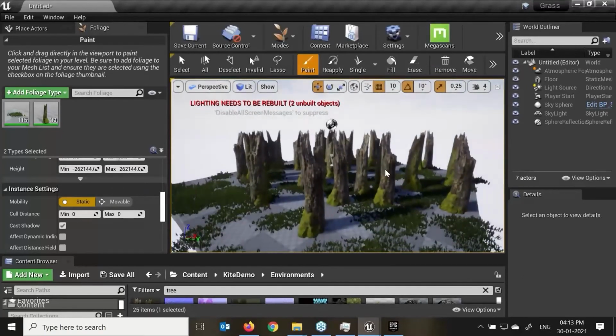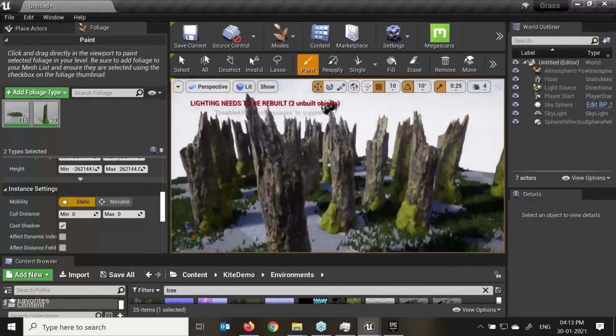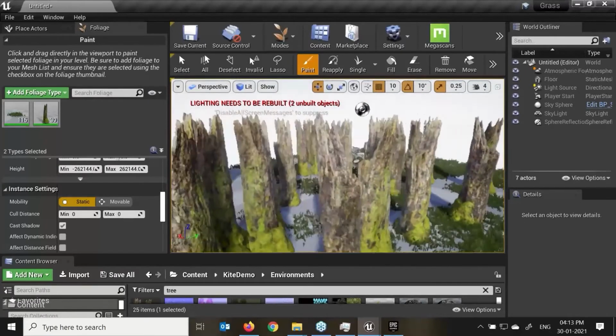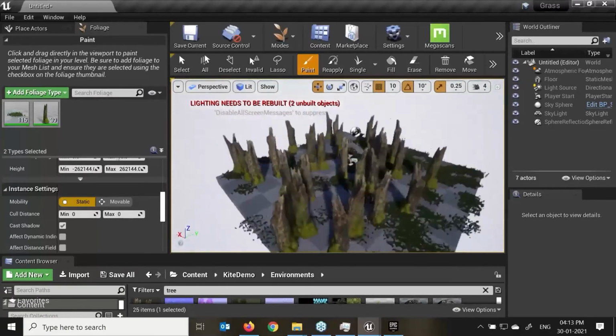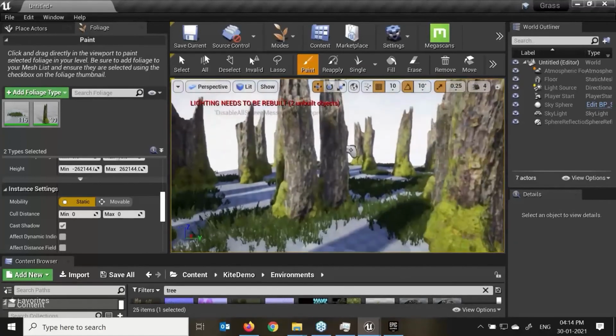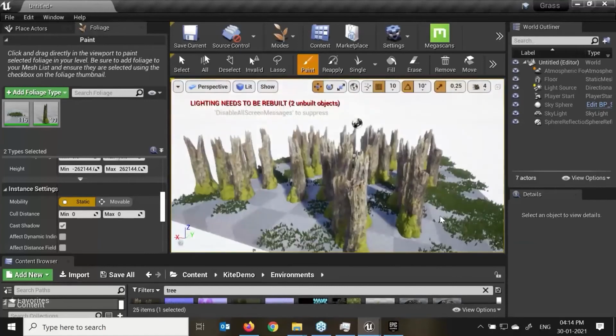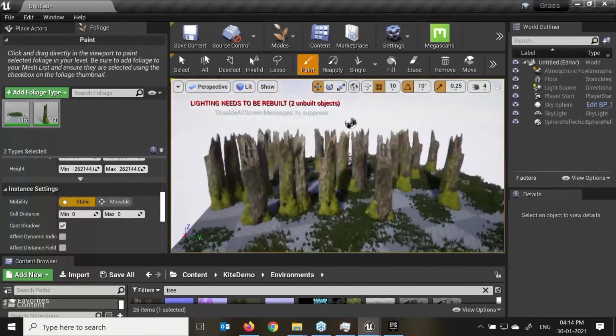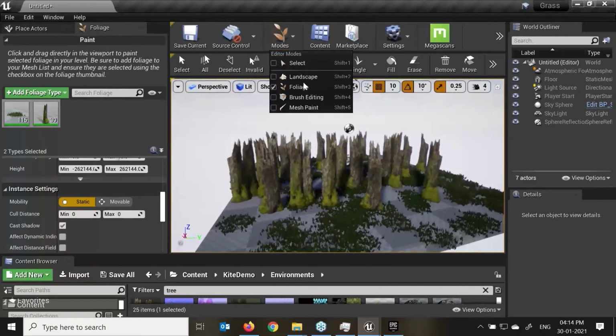So in Unreal 4.26, there are lots of new features that have come, especially for the water wave. With this very simple click, we can create realistic water. Correct. That was in the foliage.